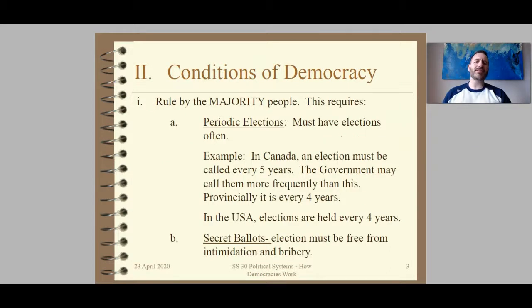Now, some conditions for democracy. So guys, number one, it says rule by the majority of people. We know this, right? Democracy is majority rule. And in order to be a democracy, there's a number of things that have to be present that we expect to see in democratic systems today. So number one, we have to have periodic elections. When I think of an election, guys, in a democratic system, I think of just, I don't know if you've ever done this or not, but I remember,